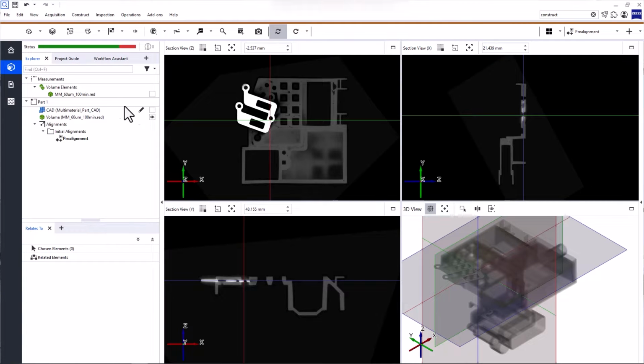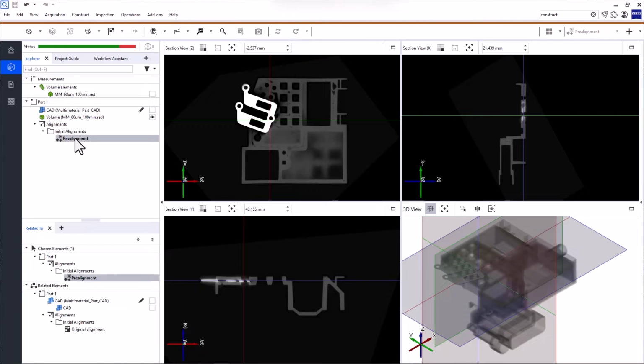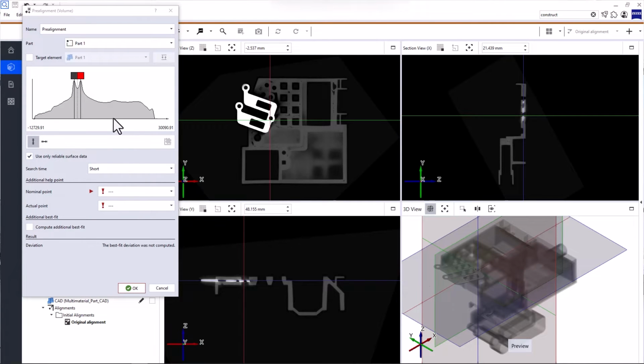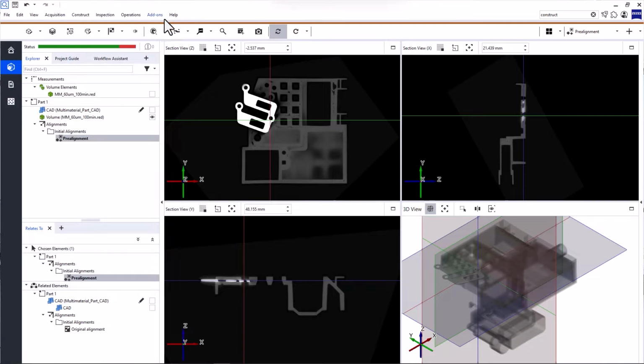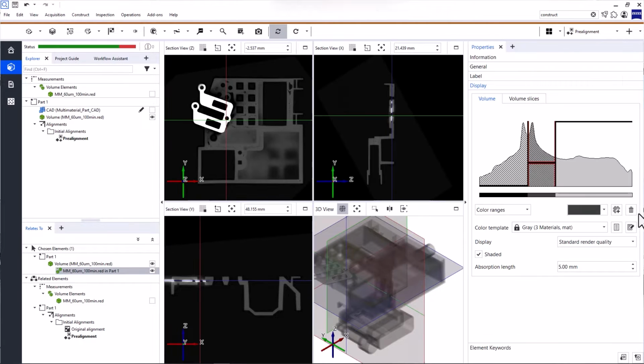My project contains the measured volume, as well as a part, which contains the linked volume and a CAD. The CAD is used for the alignment in the project, which is a pre-alignment volume. It's a great, easy-to-use alignment if you have CAD data for your part. To learn more about it, look at the tech guide. The part itself consists of two different materials, which makes it perfect for the first function I want to show you: identify materials. Use identify materials when you have a part with multiple materials and you want to separate them. By separating them, you can also polygonize and inspect them separately later.